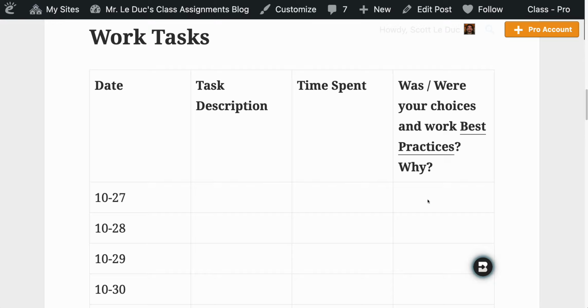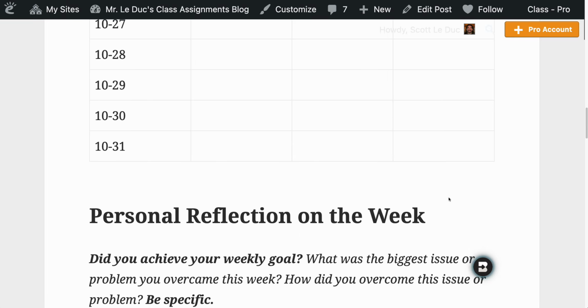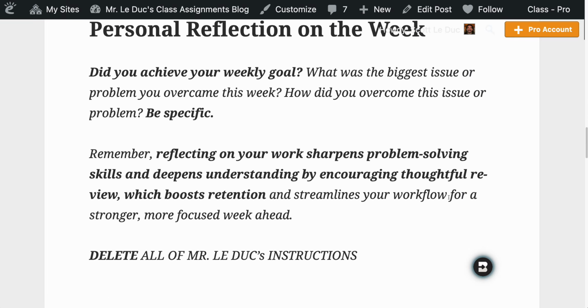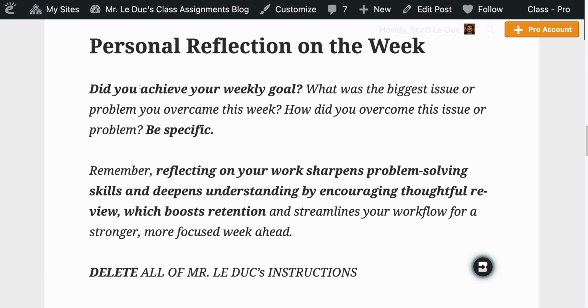And for game design, we have some more specifics. What should you be doing? Take a look at that list if you're not sure. And then write down, was it a best practice? Yes. What was it? And then specifically, what was it related to what you were doing here? That level of being specific, I can't say that word very well, is what you need. And then down here, you need to write a detailed reflection at the end of the week. Did you achieve your weekly goal? What was the biggest issue or problems you overcame this week?